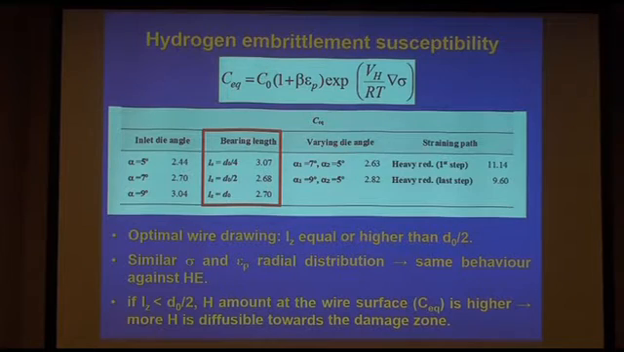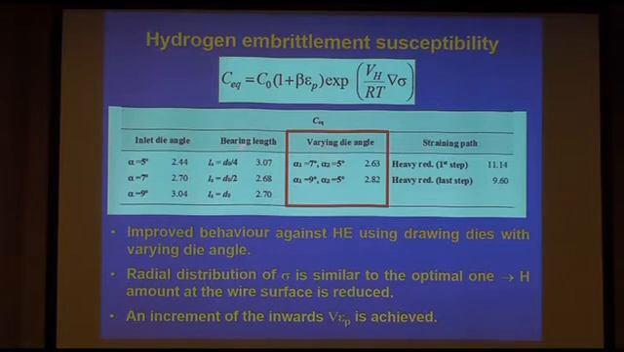Going quicker to the bearing length, we have the lowest concentration for, at least, this bearing length, half of the initial diameter. The optimal wire drawing with a bearing length equal to or higher than half of the diameter. With regard to the distributions, I think we have no time, and for the bearing die angle, again we recommend an